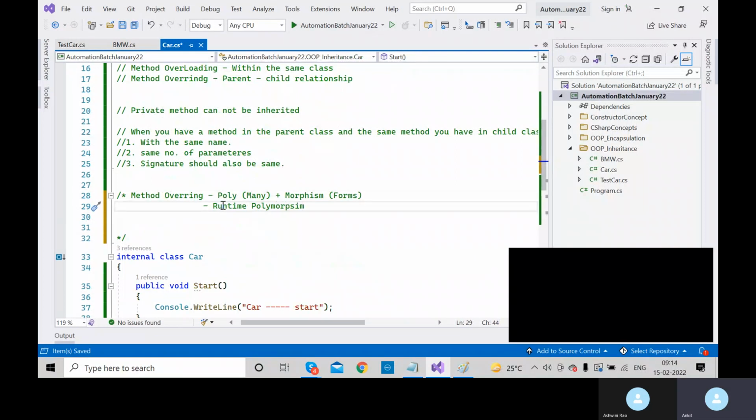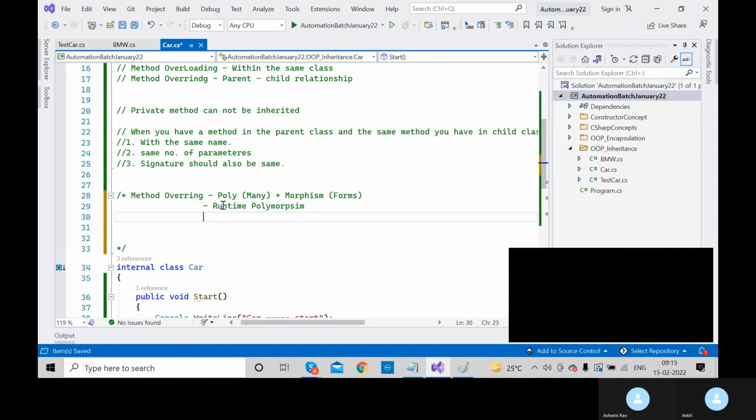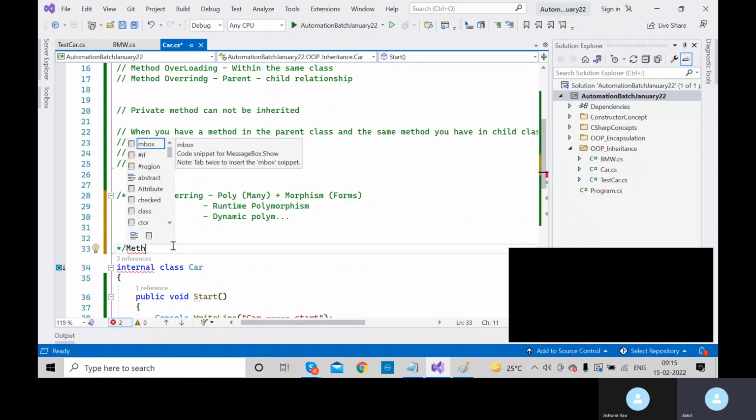Okay, and this is also known as dynamic polymorphism, right? So this is known as polymorphism, maybe runtime polymorphism or dynamic polymorphism. I'll explain to you what is runtime and what is the other thing. But first I'll talk about the topic that we already have covered,